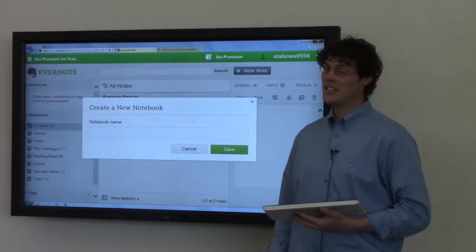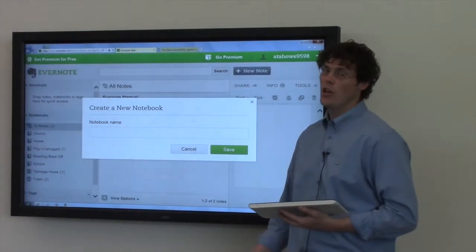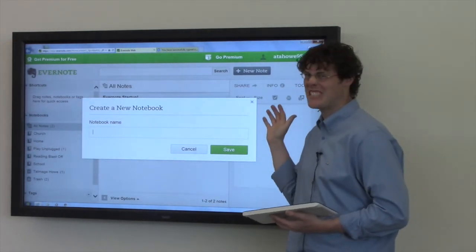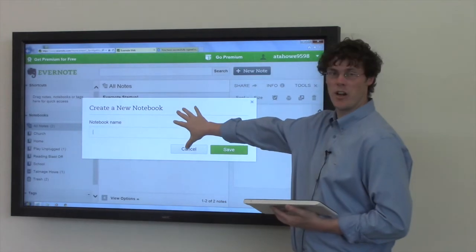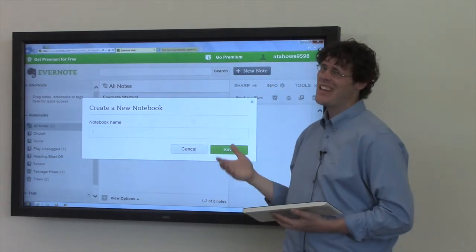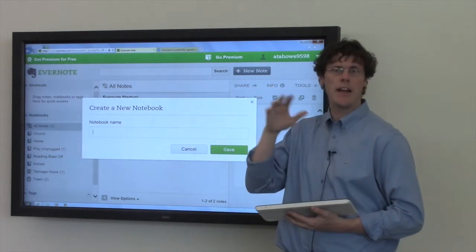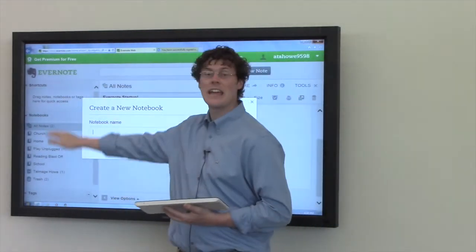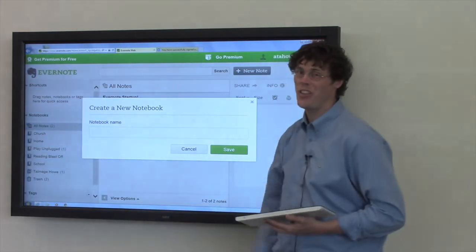Once you have successfully created your Evernote account, you'll be able to be in a place where you can make lots of different notes. It should look something like this. I know I've got the next screen ready to go, but it should look something like this. It may vary depending on if you're on an iPad, a Mac, or a PC, but it will look something like this. In one area will be a list of notebooks, and to start off with, it probably just has